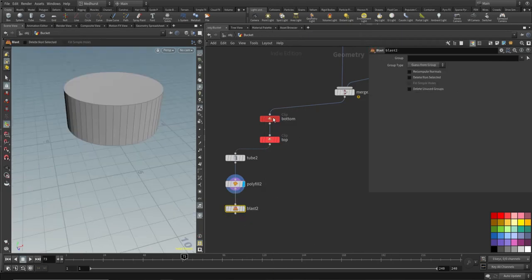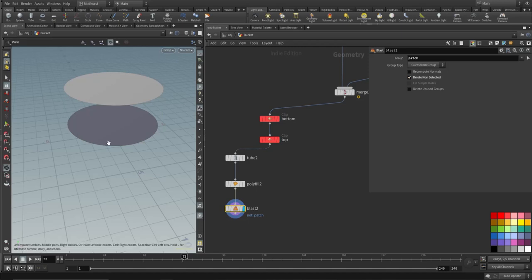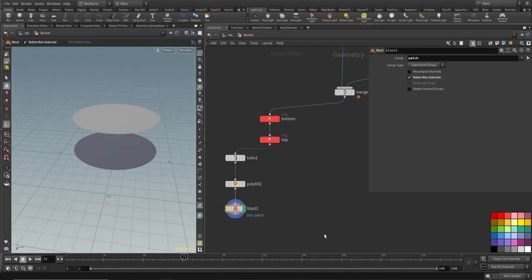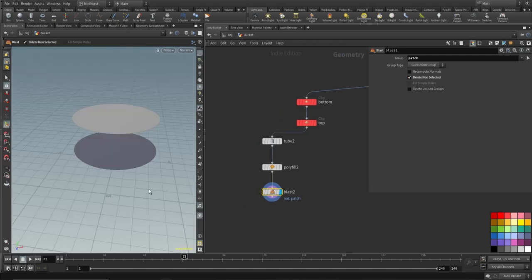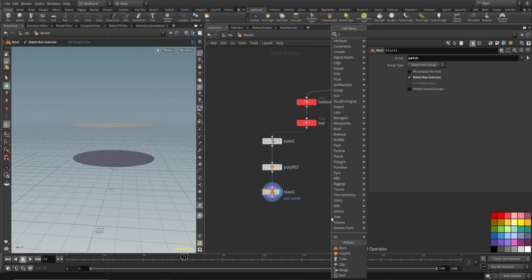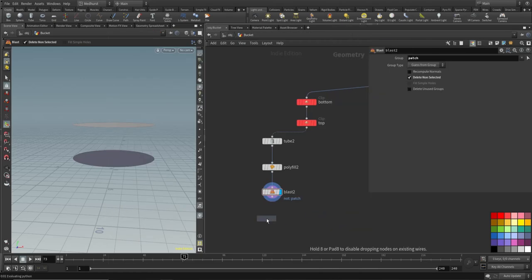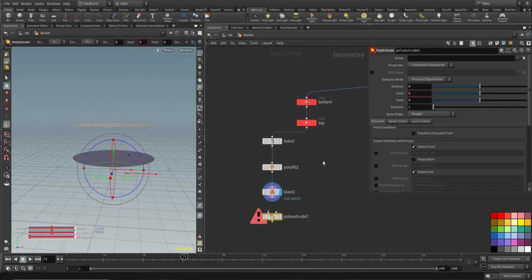So we've basically got a circle where each of these clips were being placed. So let's pop down that patch group here and turn off or delete non-selected. And so now we've got that. Nice. I'm going to pop down a poly extrude, and I basically want to connect that in, and we're going